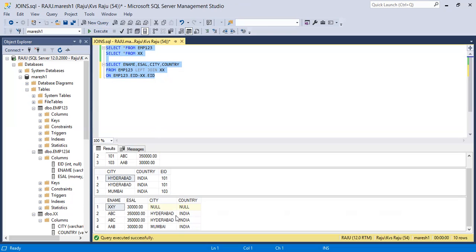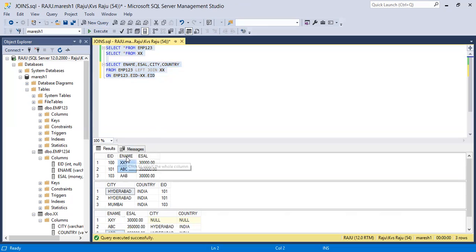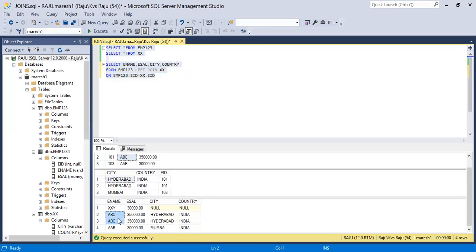Only matched records from the right side table. Which ones are matched records? These two are matched records from the right side table. 101 matches 101, that's why we got ABC two times. This is about a left join.